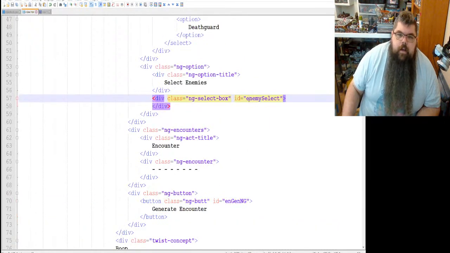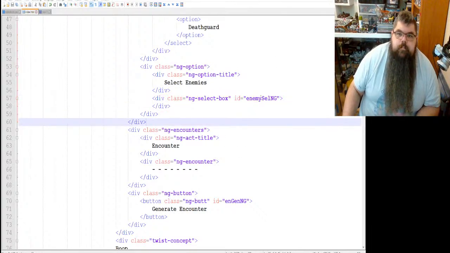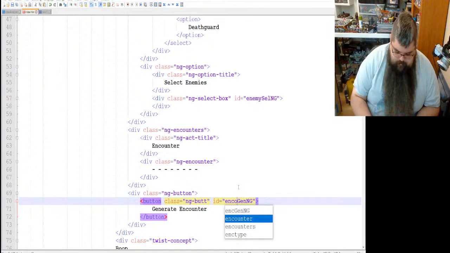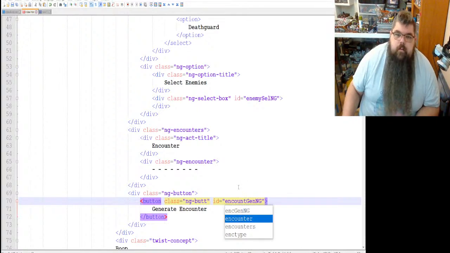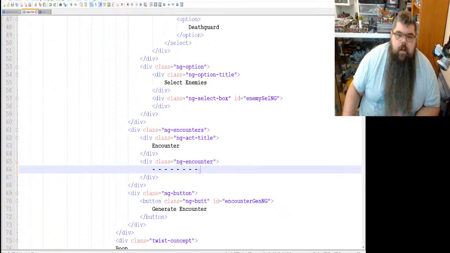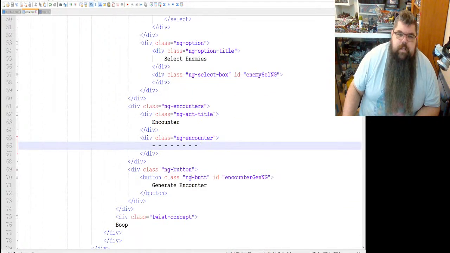Okay. This is going to be enemy select NG. There we go. Alright, I like that the best. Alright, so these have IDs now, which is good, so we can get them to do stuff.